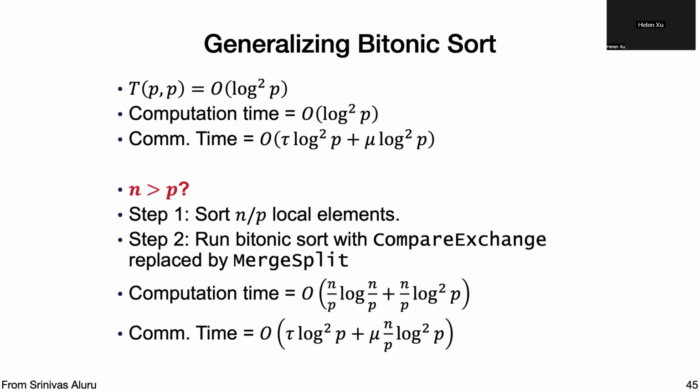And if n is greater than p, we see this pattern all the time: if you have n over p numbers on each processor, you just do the local problem first, and then you do some exchanging. So step 1 is everybody has n over p elements. You sort them locally using whatever sorting algorithm you want, like merge sort or anything. You could use Bitonic sort also. Then you run Bitonic sort at the higher level. You still have the wires, but rather than each one having one element, each one now has n over p elements. So you cannot just do the regular compare exchange that we had before, because that was defined for one element. And you're not just going to swap the entire list with each other either, because